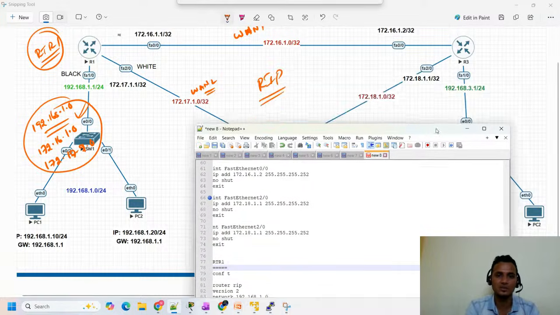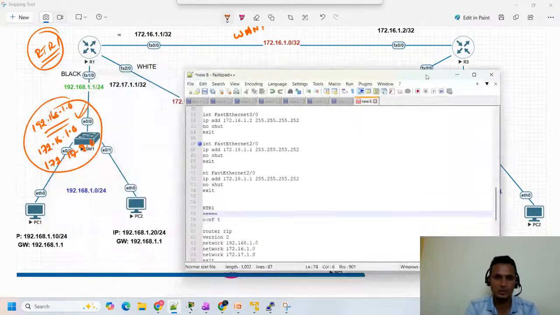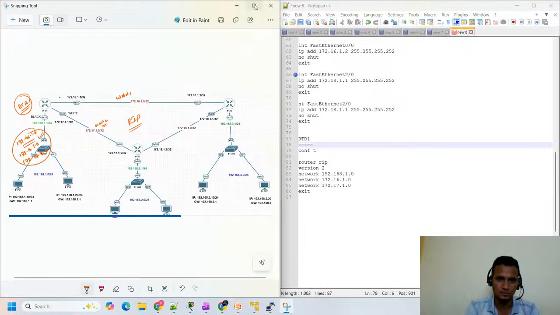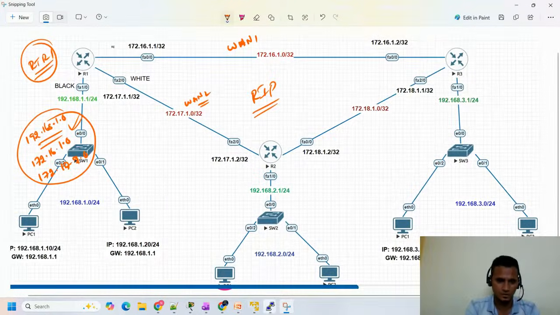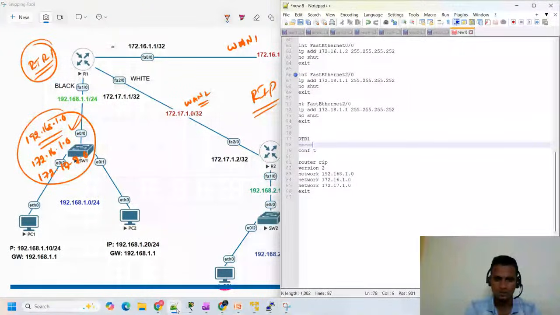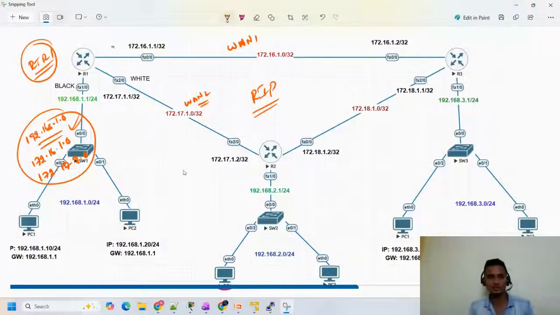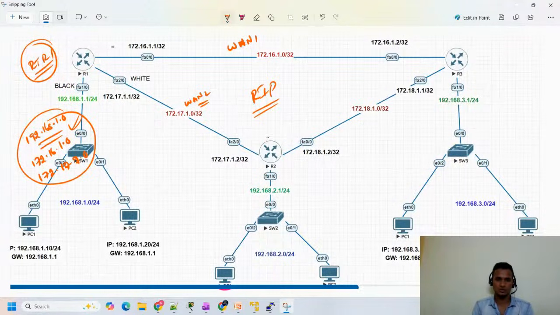The same thing if you go here. So in router 2, guys, let me do one thing. Let me open the lab itself directly. See here you have router 2. So here we have how many networks? Let me take the other pen. Okay, so in router 2 we have 3 networks again. This is my router 2. So again you will go router rip and version 2, and the networks here you need to type